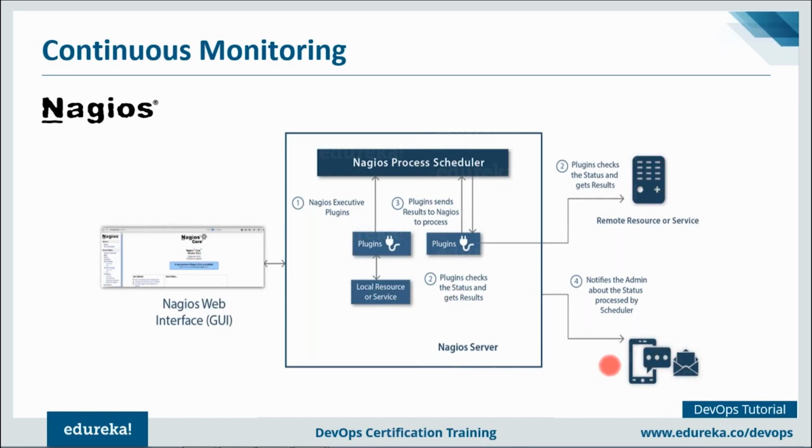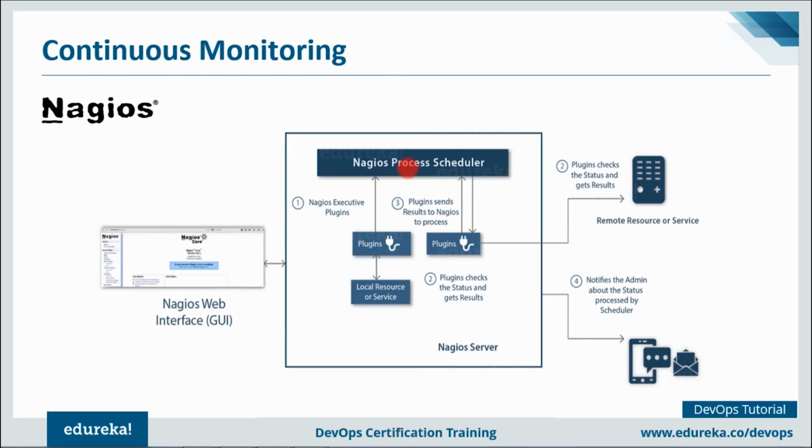So Nagios daemon behaves like a scheduler that runs certain scripts at certain moments. It stores the results of those scripts and will run other scripts if these results change. Now, what are plugins? So plugins are compiled executables or scripts that can be run from a command line to check the status of a host or service. So Nagios uses the results from the plugins to determine the current status of the host and services on your network.